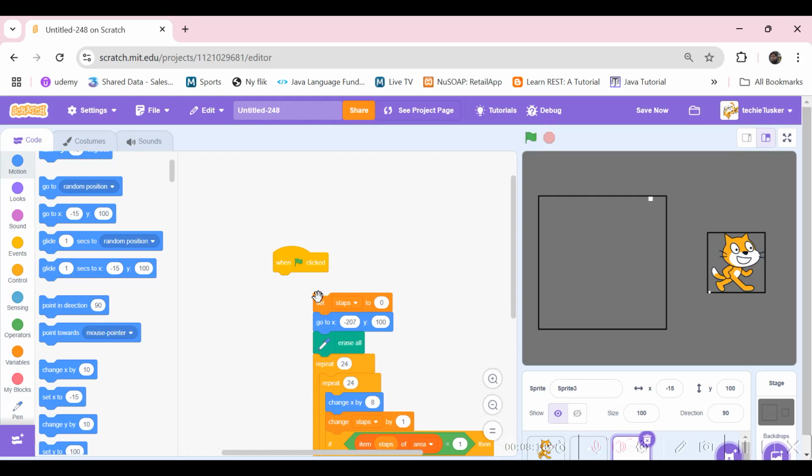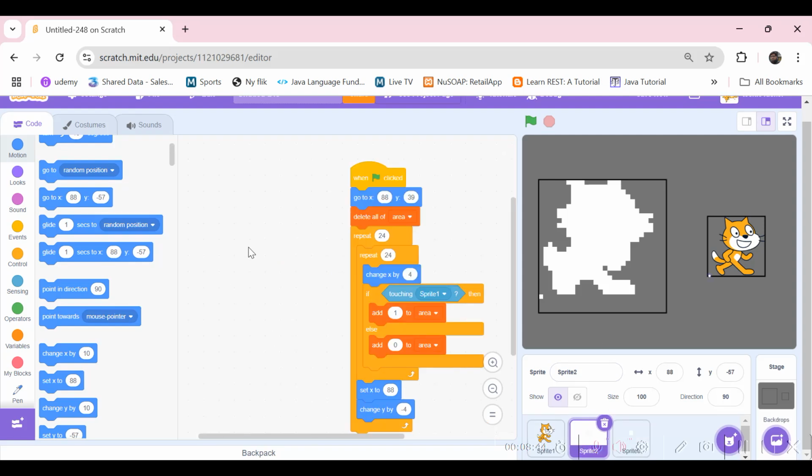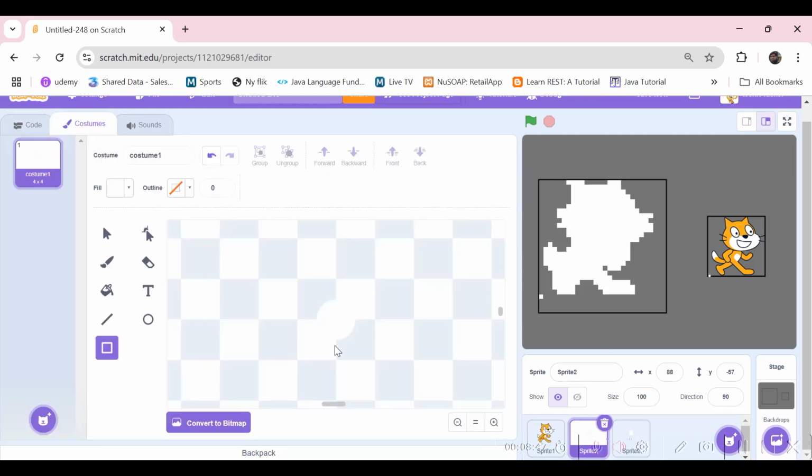And after it's done scanning, you can just press this, and now you can see that the sprite is now drawing this sprite here, which is good. Now if you want to make it a bit better, what you can do is go to the scanning sprite and make this even smaller,